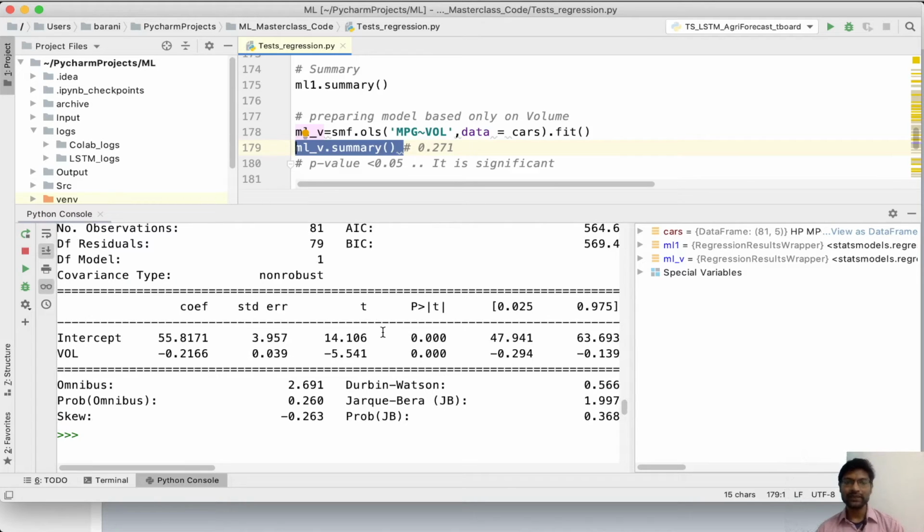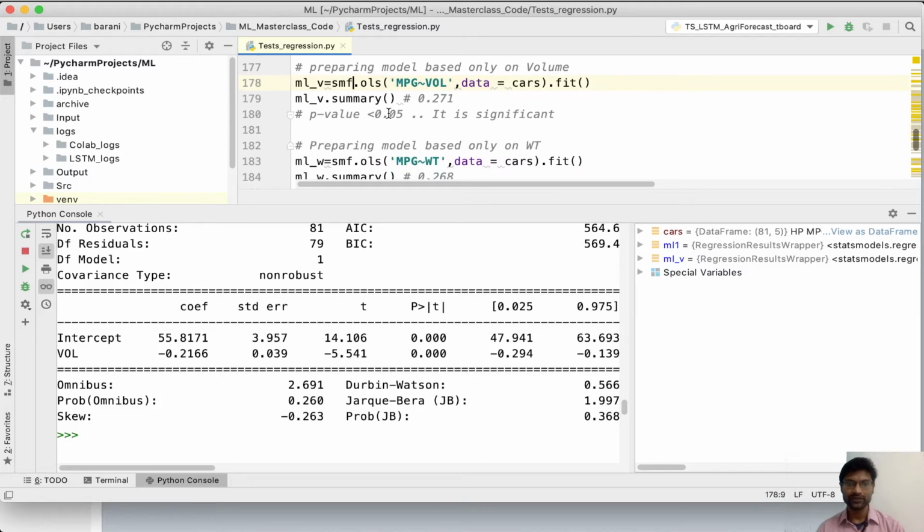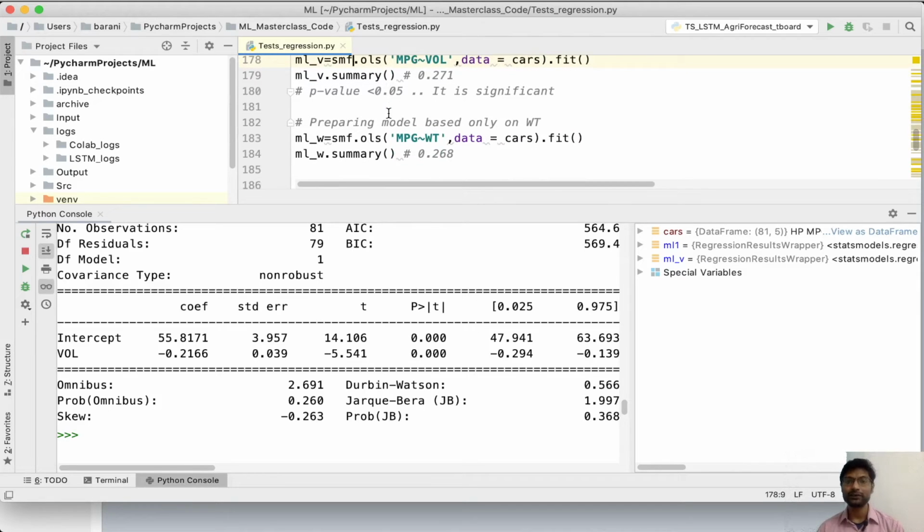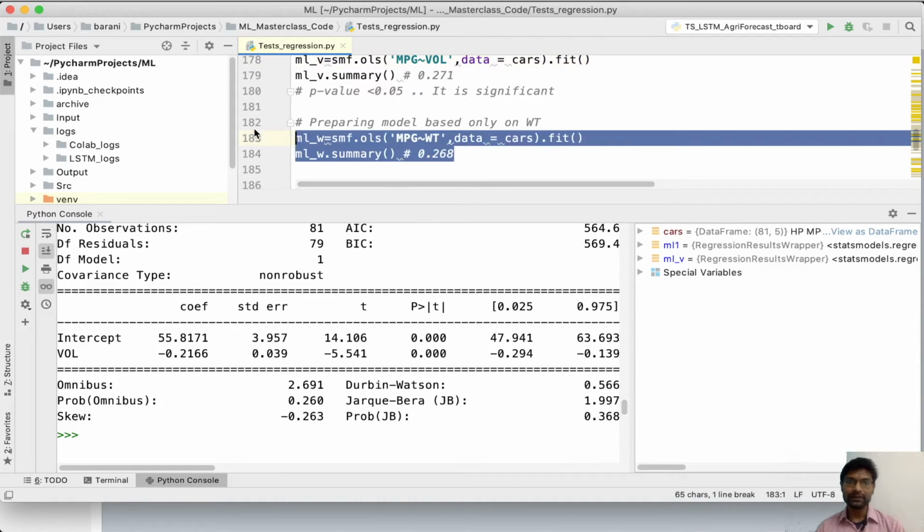So this seems to be positively impacting the output when we consider volume as a single independent variable. Then we need to understand why volume is impacting when we include it in the whole model. But before that analysis, let's try and predict weight alone.